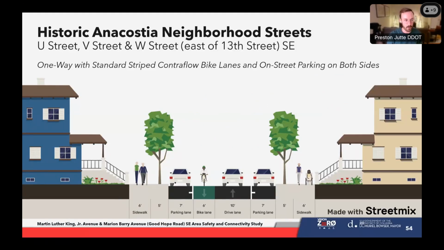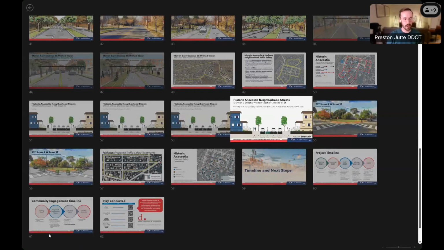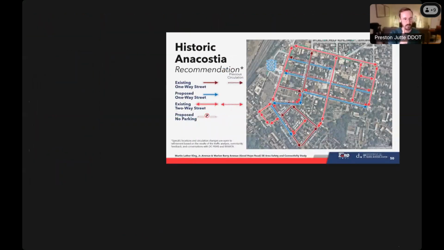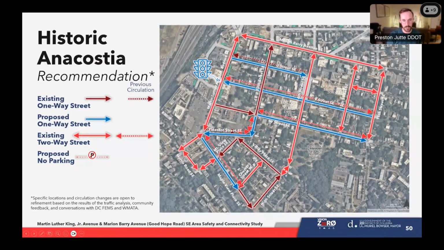I just want to be straightforward. It may mean you need to circulate around the next block to do so, and I acknowledge that. It may mean that you need to go down a block and make a turn at W Street and then circulate up and make another right turn or two. Or it might mean you make a left to Marion Barry Avenue, come in on 14th Street, and then circulate up. We acknowledge that this could potentially be perceived as slightly more inconvenient for some folks